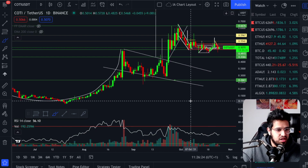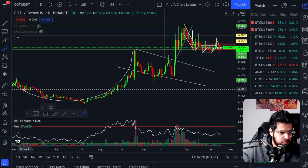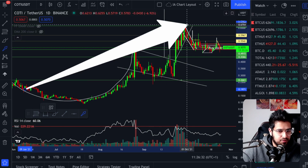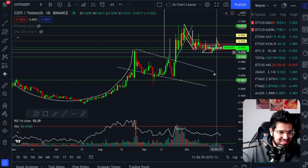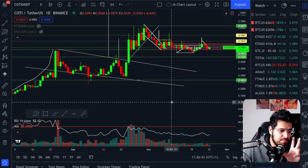Now, my concern now is this has sustained longer than we would have thought from a cup and handle. So we're in this long-term cup and handle pattern, and we got our breakout, right? Now, this could have been a retest if we broke out by here. If we broke back up, it could have been a retest of the neckline. As it stands, we've been hovering at the neckline for too long that I suspect our momentum has slowed down